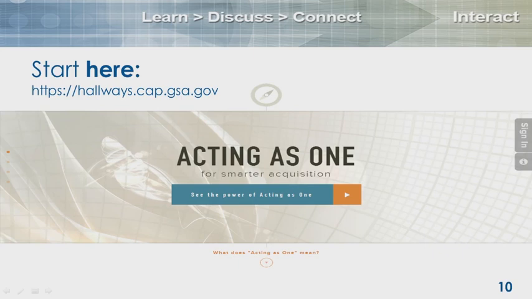This is a video that gives a bit more of a definition. This is the gateway homepage at thehallways.cap.gsa.gov. All of you have the slip sheet in front of you. Maybe not everyone has it, but there are more copies in the front if you don't have a copy sitting in front of you. And the URL for the gateway is also on the left-hand side of that slip sheet, so you can take that with you and have it. So this is the home page.